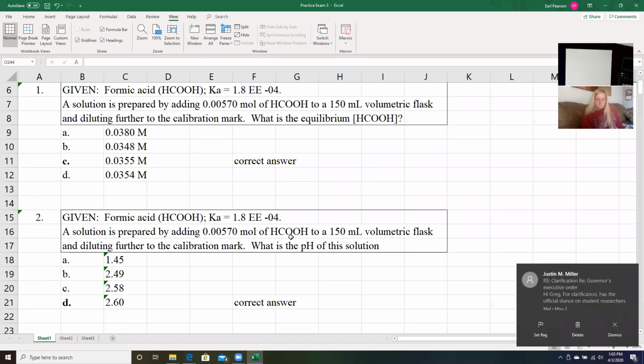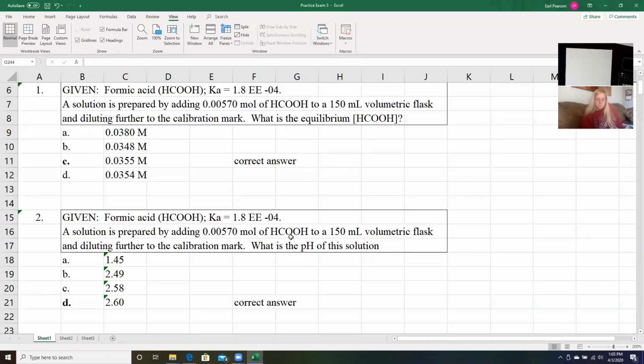We just did that a moment ago. The hydrogen ion concentration that we calculated from the first one was